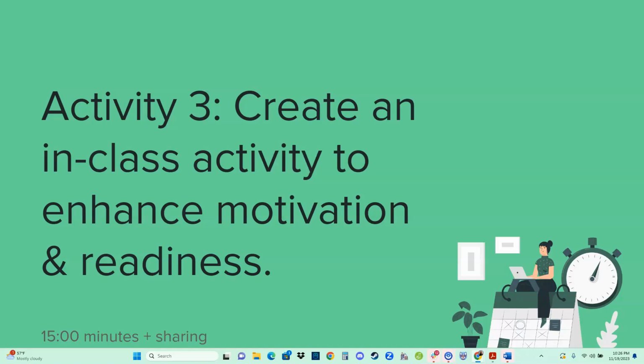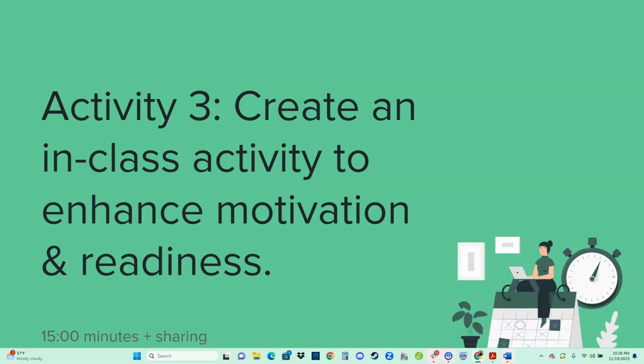So you're trying to uncover their motivation. What is it that motivates them? How will you allow your students to engage in real world problem solving, right? How can you support their readiness to learn through those remediation activities, through the advanced learning opportunities? And how are you going to remove barriers? So when you create this in-class activity, I want you to be thinking about all of these things. Remember universal design for learning. Right? When you are designing an activity, how are you going to be inclusive in the way that you design that activity?